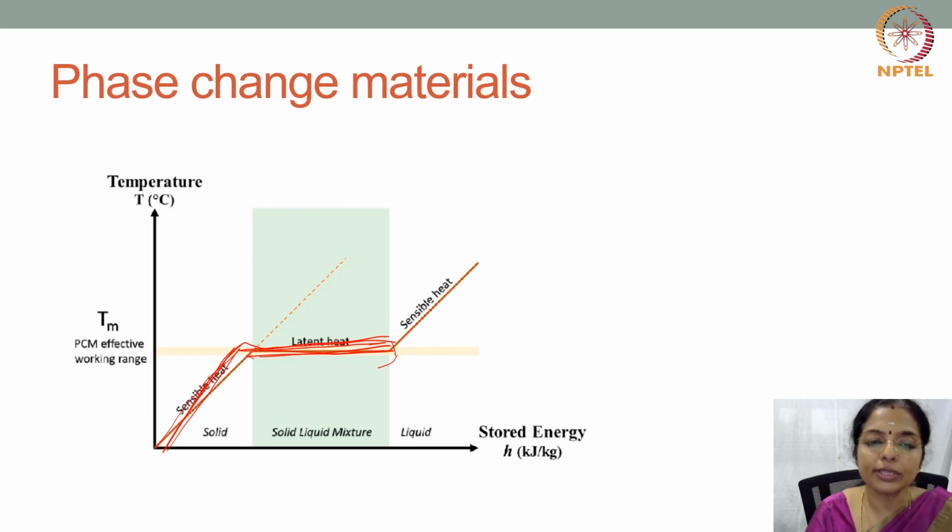When it cools, it again becomes a solid. So this is the principle of phase change material, because phase change materials are substances that can absorb and release thermal energy during the process of changing from one phase to another, say from solid to liquid or vice versa